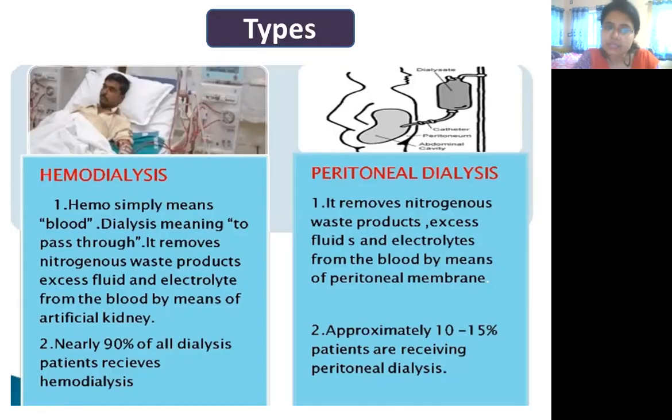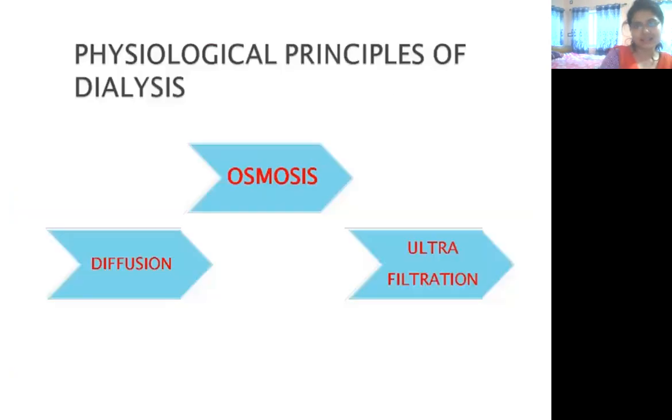So nearly 90% of all dialysis patients receive the hemodialysis process. And peritoneal dialysis is quite costly in nature and it's not affordable also. Generally 10 to 15% of patients receive peritoneal dialysis. So dialysis